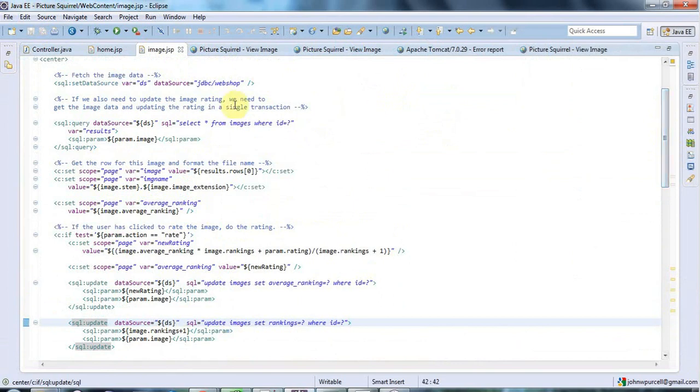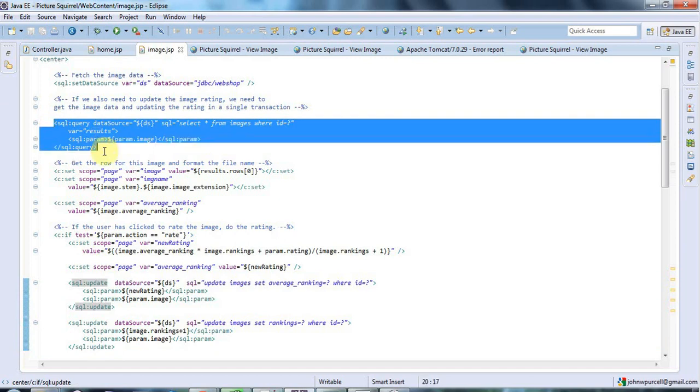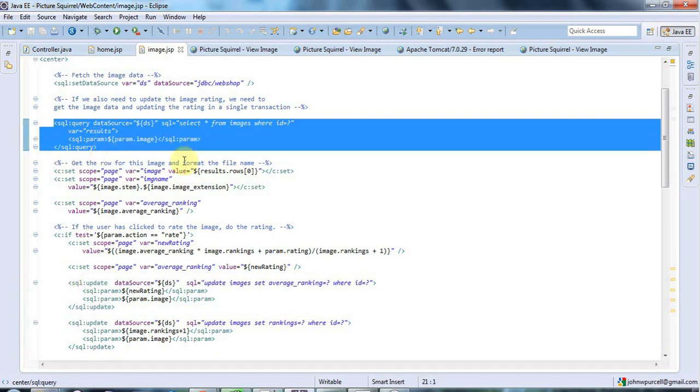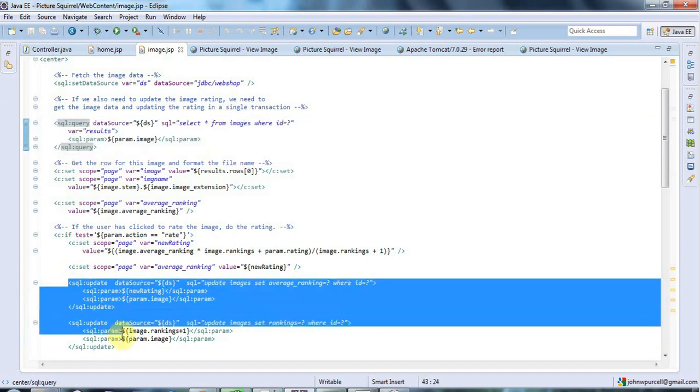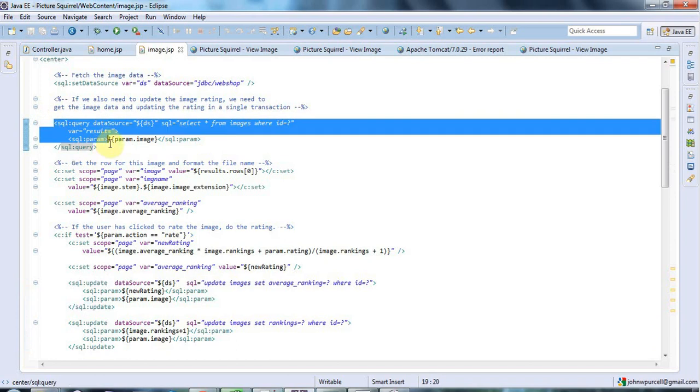So what we want to do is we want to make sure, actually that's not strictly true, because when they select to rank the image, it will get the image information again, and it would then try to update that information. But there's actually going to be a split-second gap between getting the image information here and then updating it here. So actually I was talking rubbish a second ago, but what is true is definitely that someone could,